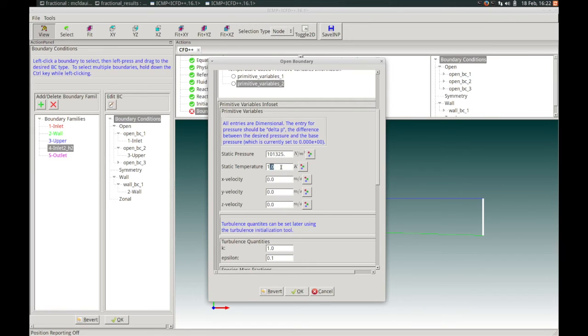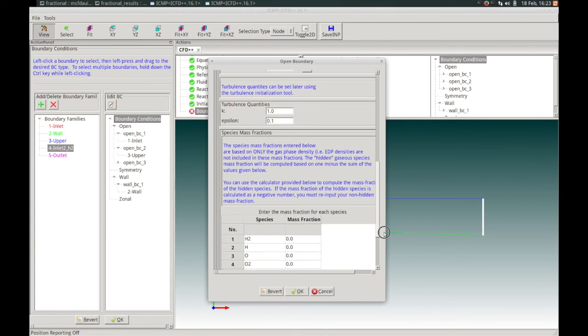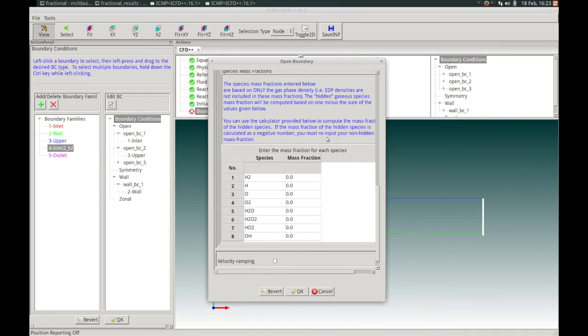Temperature, we set to 254 Kelvin. X velocity is 1224.02. Again, the turbulence quantities will wait to initialize toward the end of the setup.